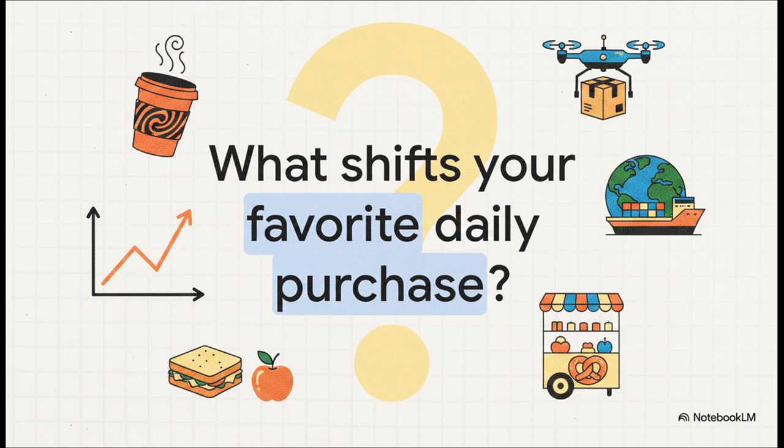So I want to leave you with this to ponder. Think about your absolute favorite daily purchase. Maybe it's your morning coffee or your go-to lunch. How might a sudden technological advance, or maybe an unexpected international event, completely shift the supply of that exact item tomorrow? Keep your eyes open, because I guarantee you'll start seeing these supply curves